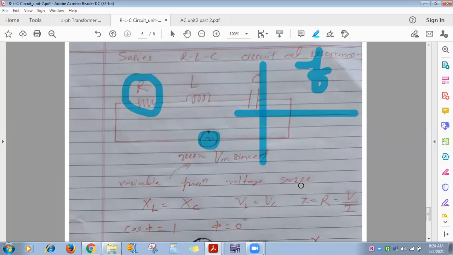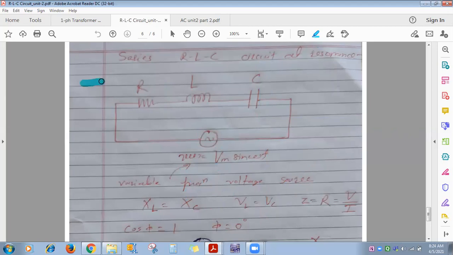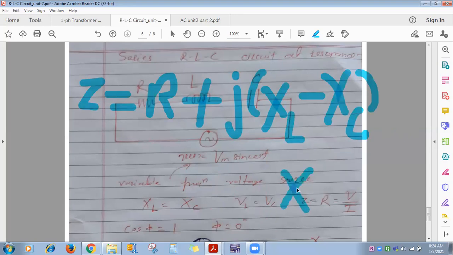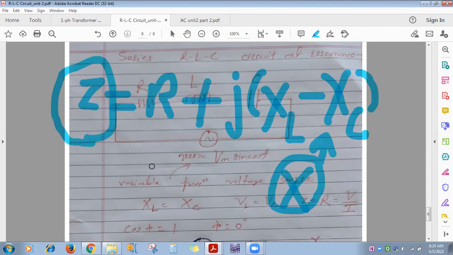So whatever is the formula of Z, what formula will it be for series RLC? R plus j(XL minus XC). Just now we have seen the formula of Z. This XL minus XC, I can denote as X also. You know that when XC is greater, this imaginary part is negative. When XL is greater, this imaginary part is positive. That we know. Okay. Now, as you are changing frequency, XL and XC both are changing. So will impedance change with the change in frequency?